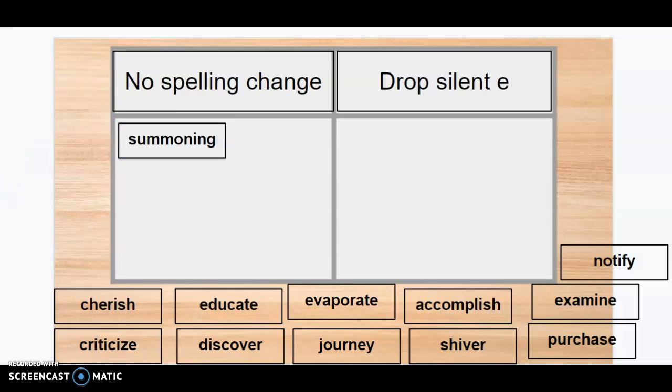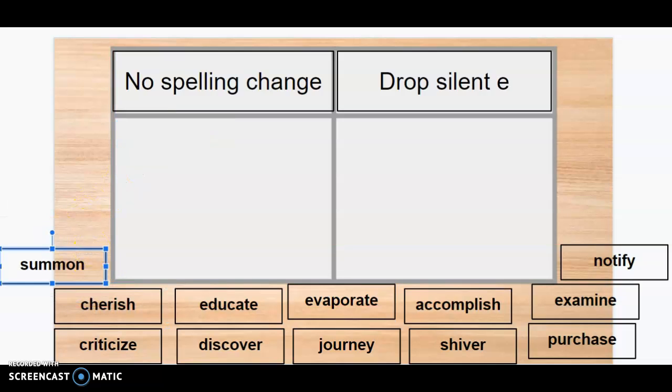Remember to resize the box if it's a little too small. When I look at the word, it looks like when I add ing to it, it looks like it's spelled correctly. So I'm going to leave it as it is. But you're going to do this for all the other 11 base words by first sorting them by if there